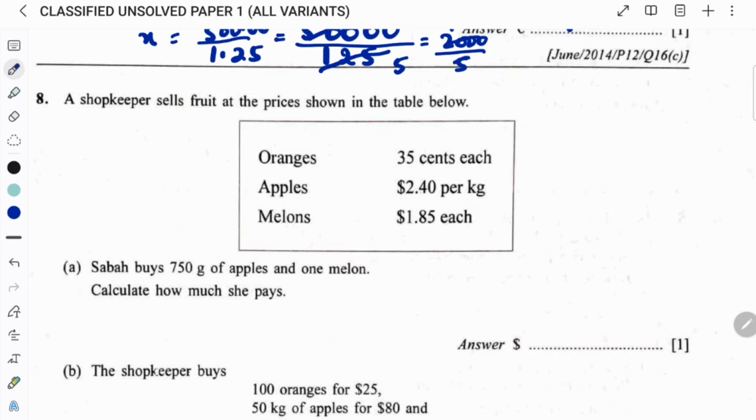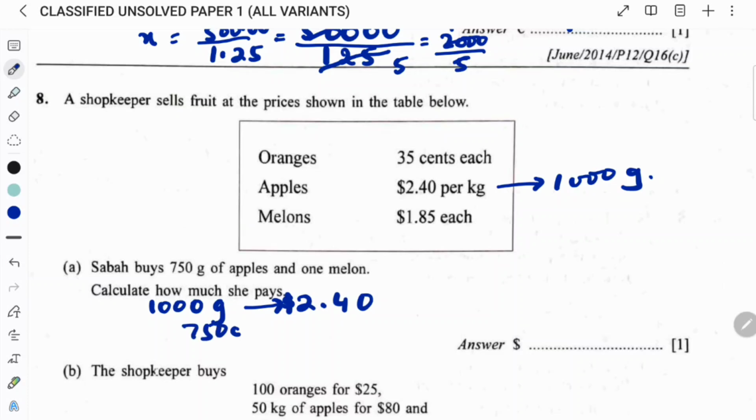So you know that $2.40 is per kg. It means 1000 grams is for $2.40. Why am I using 1000 grams? Because they are asking for 750 grams. That's why I'm changing it. Okay, 1000 grams is for $2.40 for apples, and 750 grams is for, we are just finding out the cost